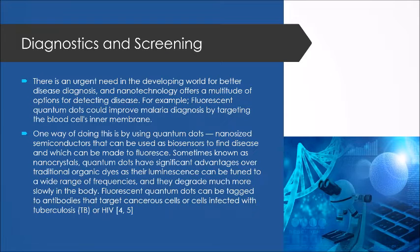Diagnostics and screening. There is an urgent need in the developing world for better disease diagnosis, and nanotechnology offers a multitude of options for detecting diseases. For example, fluorescent quantum dots could improve malaria diagnosis by targeting the blood cell's inner membrane. One way of doing this